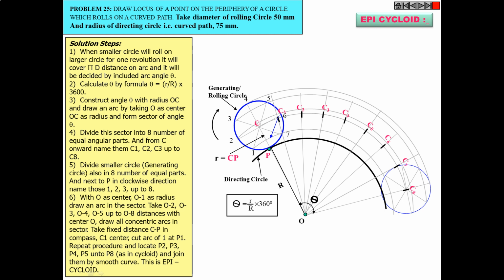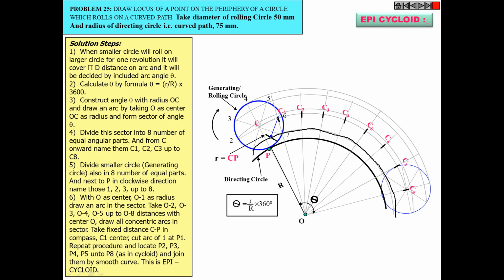How you will mark? First, since you are talking about C1, C suffix 1, you identify this one from your circle. This is that one. Then identify the curved line passing through this point number 1. This is that curved line passing through point number 1. Your compass length is CP. Place your compass at center point C1, and on this first curved line, just cut an arc point. So this point will be your P1 point, that is second locus point of your epicycloid.